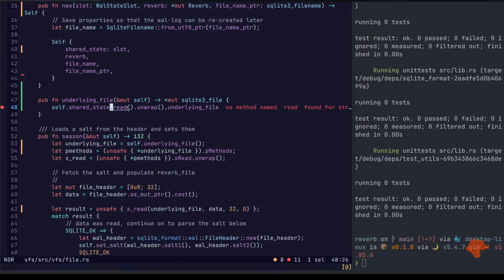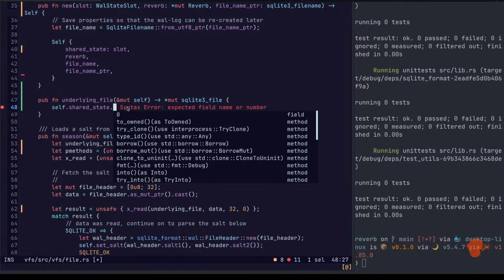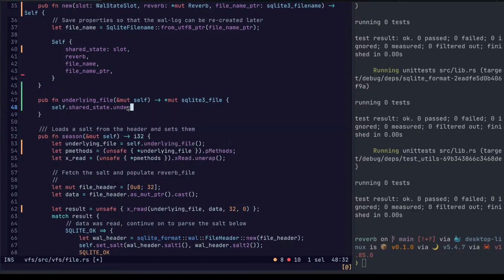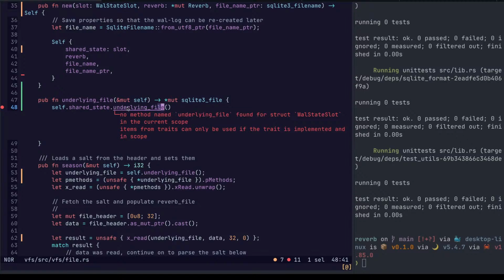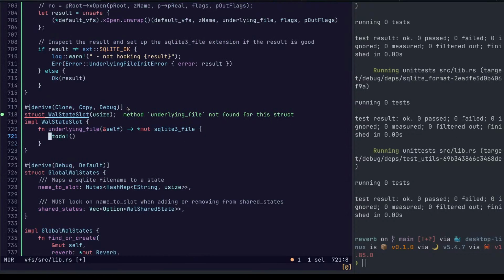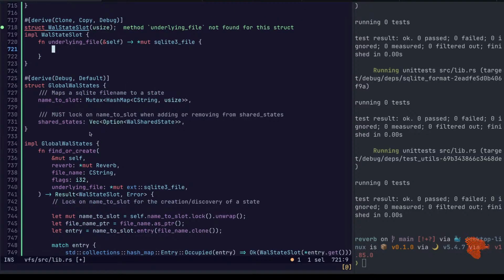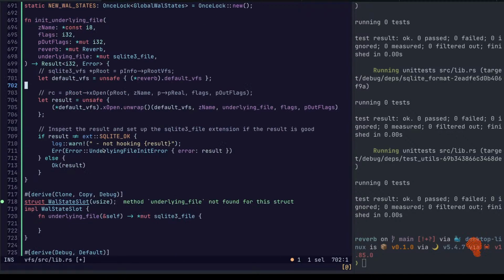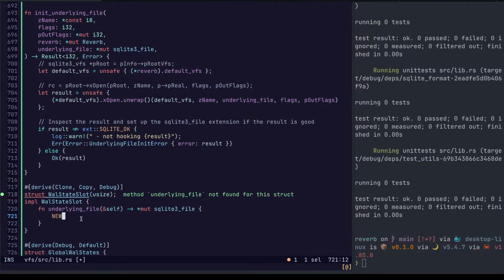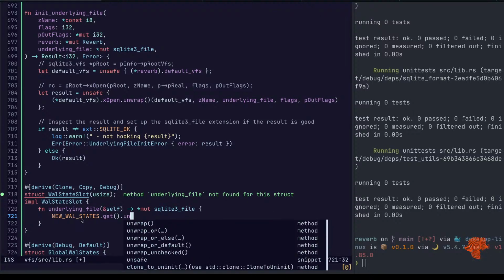And what would this look like? So let's say we wanted to get the underlying file. Underlying file. Great. We have some method. And we will say we want new wall states. So we take the new wall states, we get that, so to unwrap.